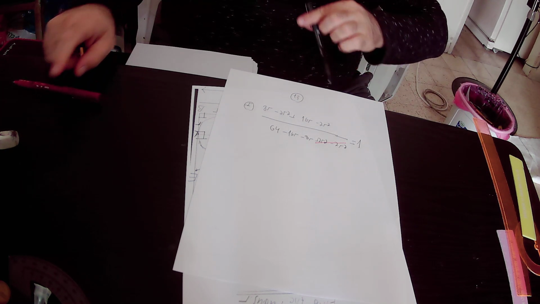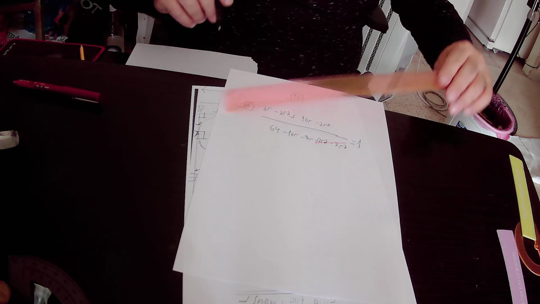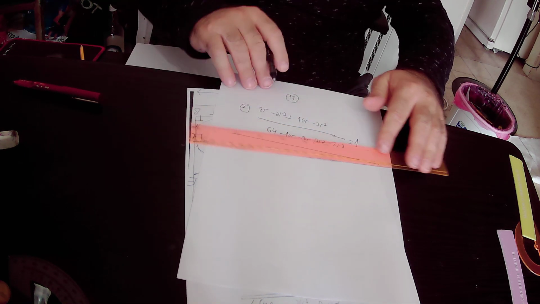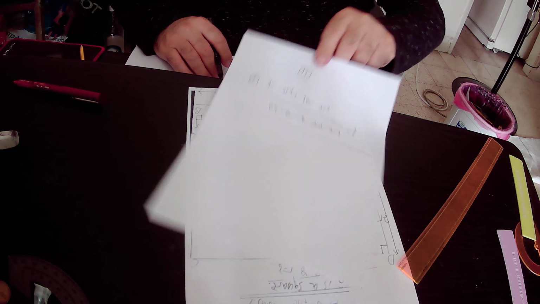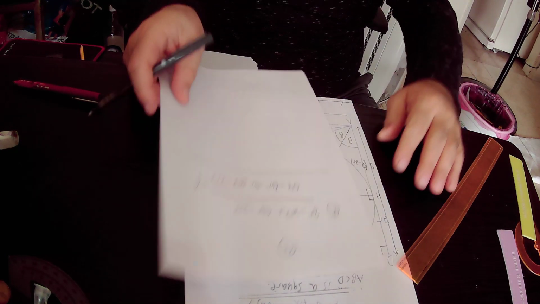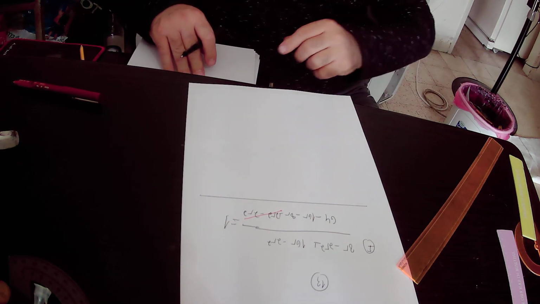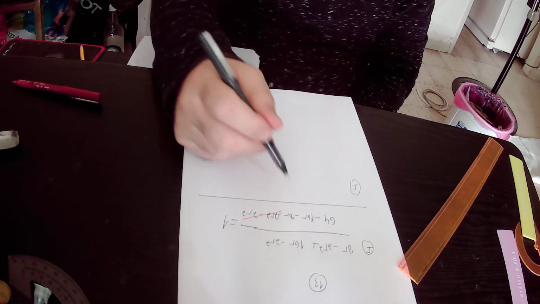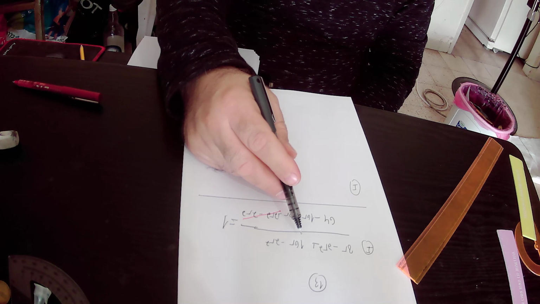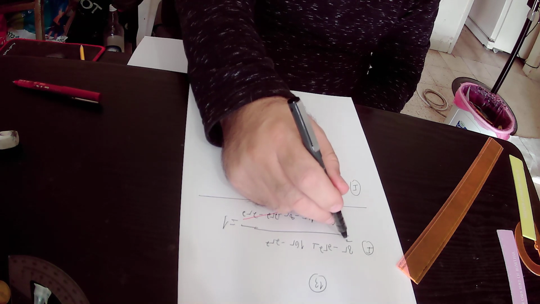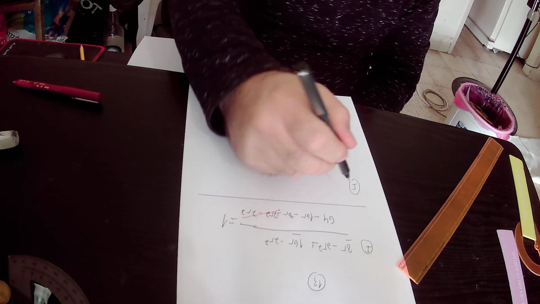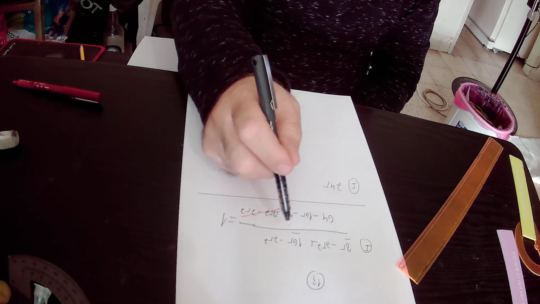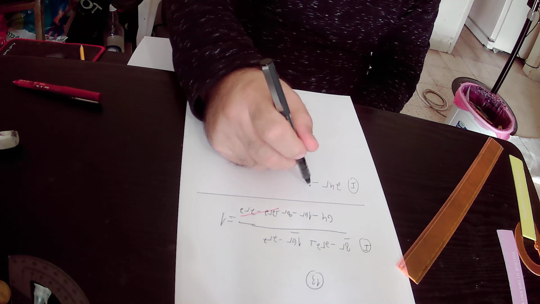And so here we have in the numerator 8r plus 16r is 24r. Minus 2r squared is minus 4r squared